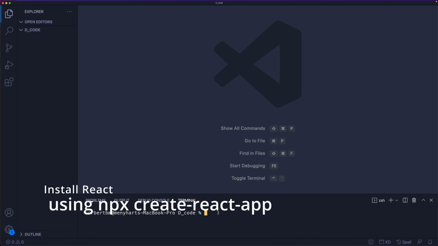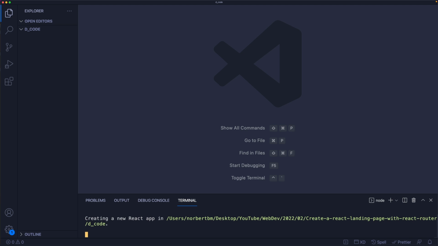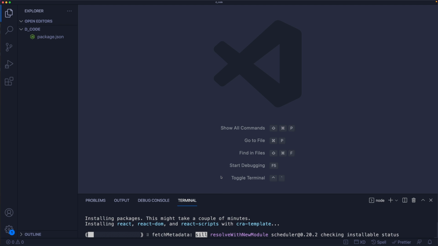So I just created the empty folder. You could give it whatever name you wish. You could actually give it the name of portfolio landing page. Okay, I'm going to use Visual Studio Code for the project. I'm always using Visual Studio Code if you're following my YouTube channel. And within here, we're going to open up a terminal. We're going to use npx create-react-app in order to create our React application. So create-react-app, and I'm going to hit space and dot because I'm going to install it within the folder